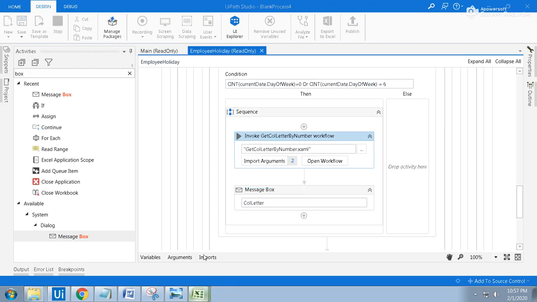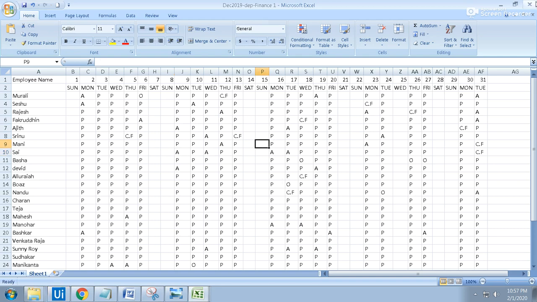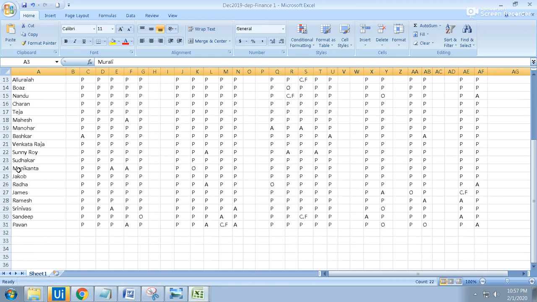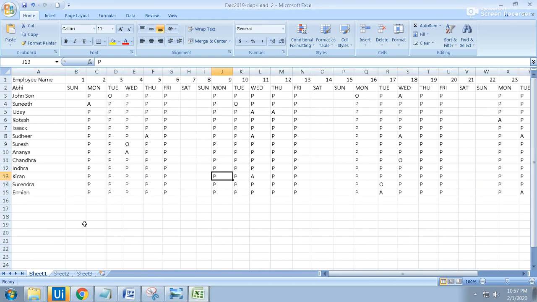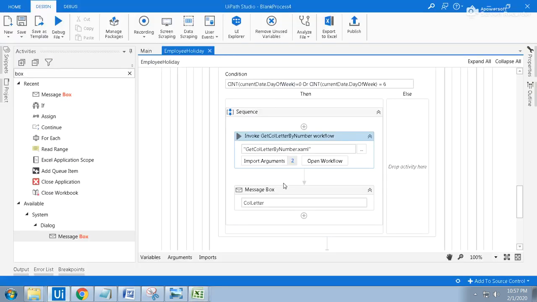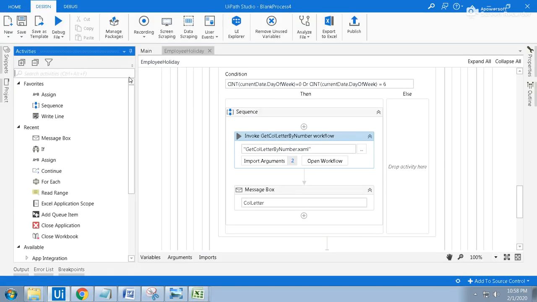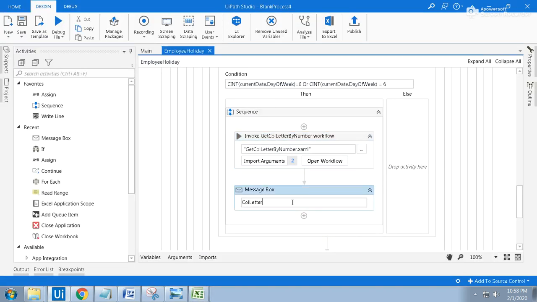Okay, once it is done, what is the next step? Now the next step is, so we know that this one A3 always starts with the 3, and we don't know how many rows there are because some Excel files have 31, some have only 15, right? So where can we get this number? That number we can get from